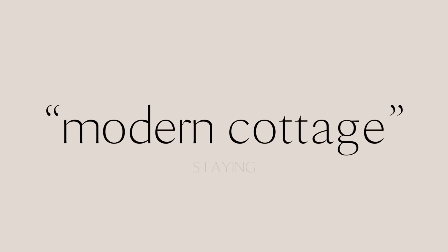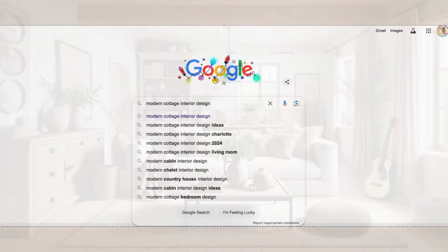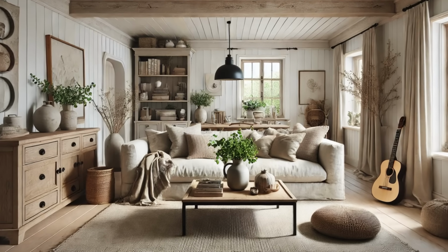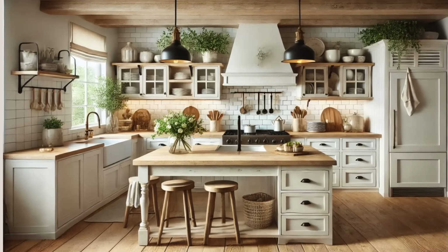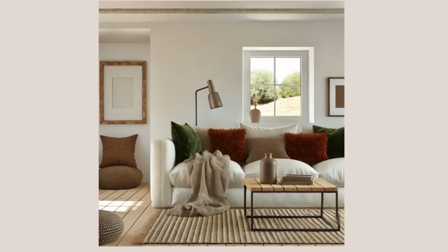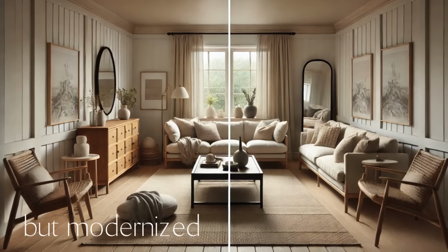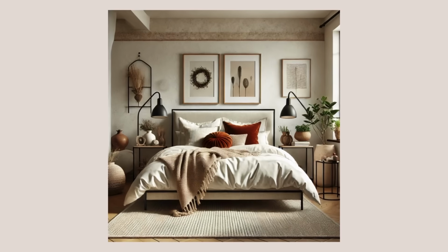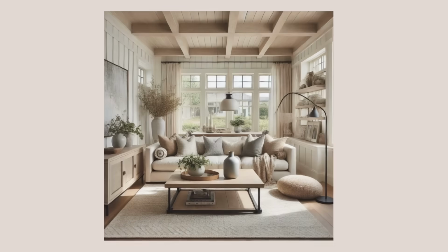The first trend that I want to talk about for 2025 is modern cottage. Now this one was already a big trend in 2024, but I think it's here to stay for 2025. You might have heard the terms modern cottage or modern charm in relation to interior design, and these are similar terms describing basically a style that is a blend of homey, warm decor, but with a modern twist. Modern cottage embraces the lived-in, welcoming sensibilities found in countryside living, but presents them in a more aspirational and contemporary